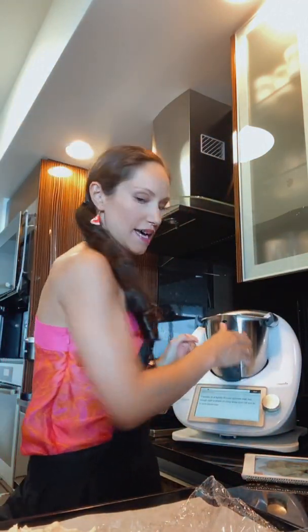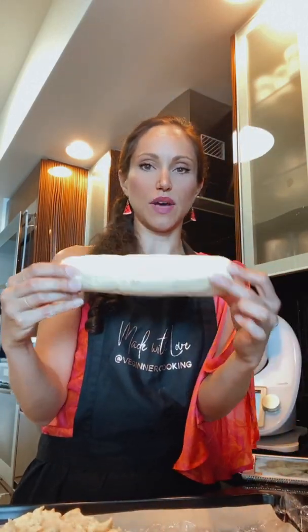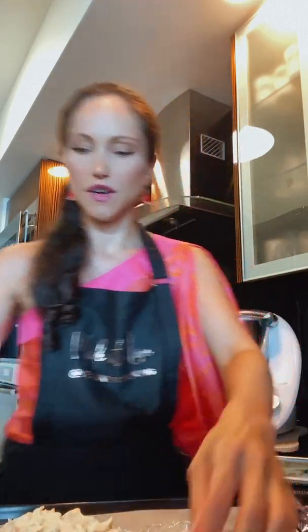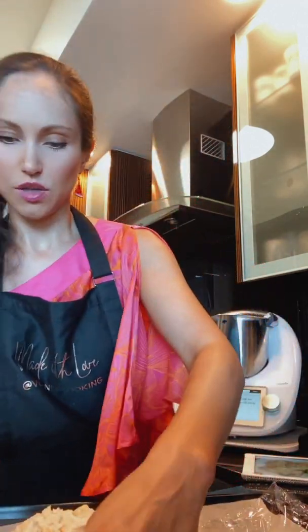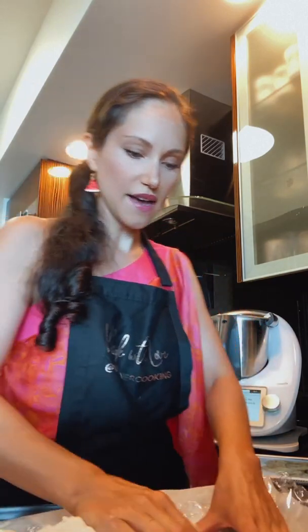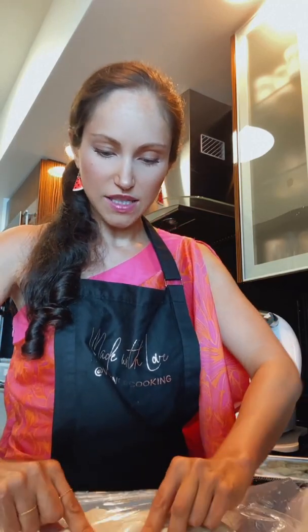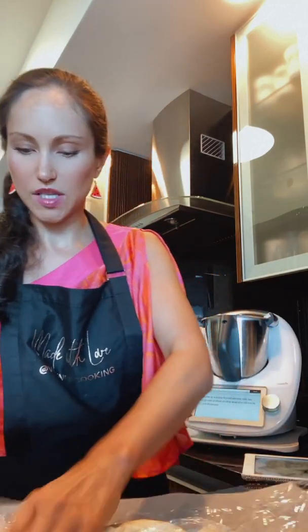All right, so the next step is you're going to take this batter, which looks like this, okay? And you're going to roll this into a log and wrap the cling wrap around it so it looks like this, okay? And then you're gonna pop that in your freezer for about 20 minutes, so this way that log gets harder and it's much easier to cut